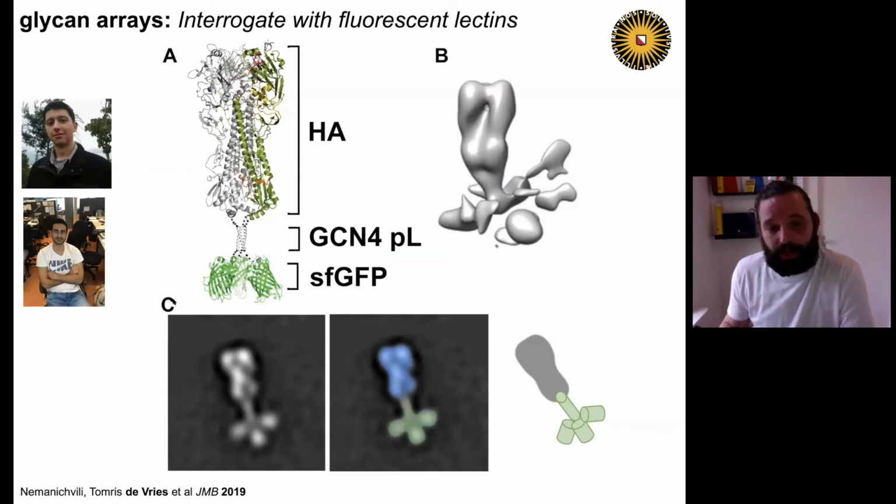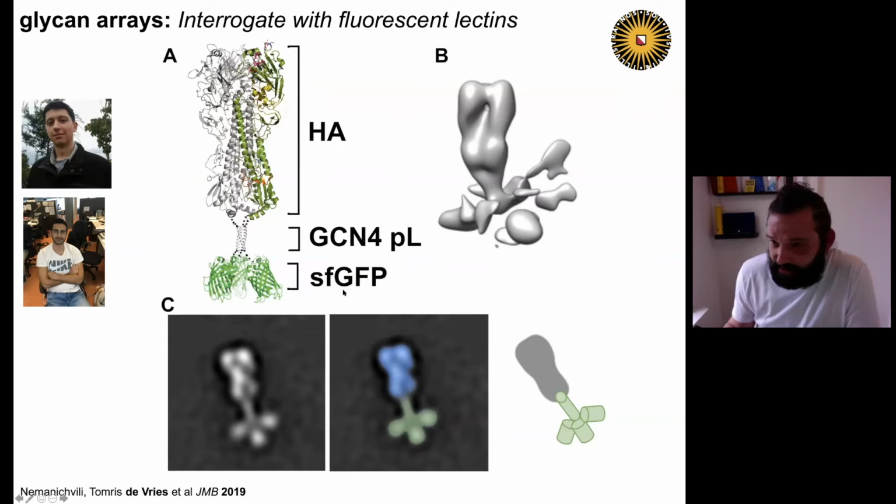And if we added this on the C terminus, actually at the time, Ilhan, as an undergraduate, was making these proteins, and he put this figure together in Paint. And he came to my office and he was there like, well, this is how it looks. I said, well, let's see. We sent these proteins to Andrew Ward at Scripps for negative stain analysis. They were lab neighbors when I was there.